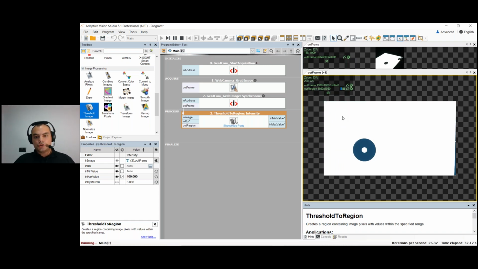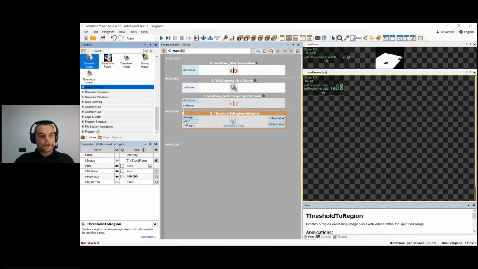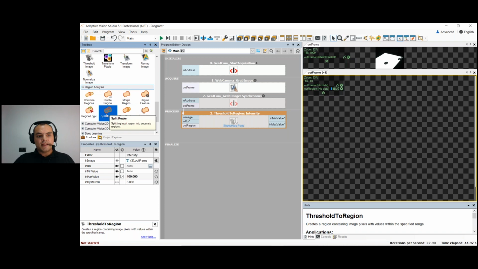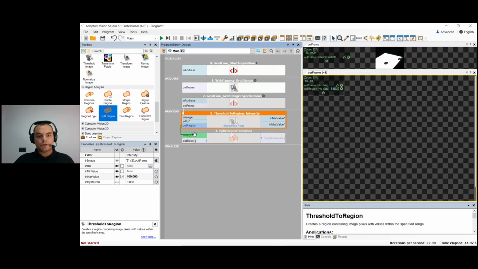So let's make sure that all we capture is the biggest blob of this region that we get. So we need to split this region into blobs on the basis of its size. So let's go now to region analysis. Let's split the region into blobs, connect the region,